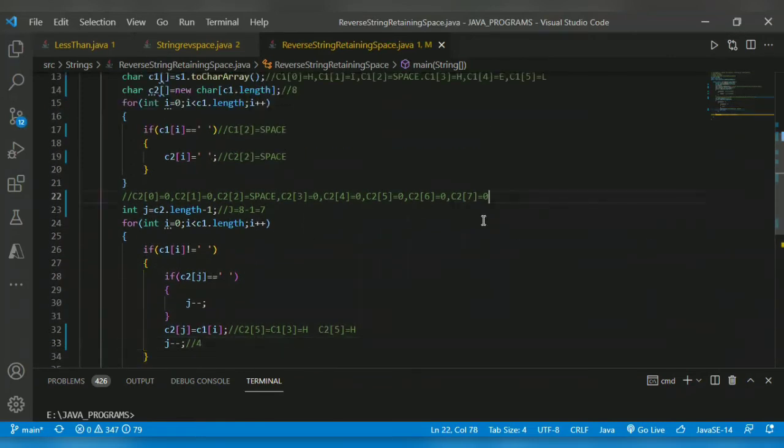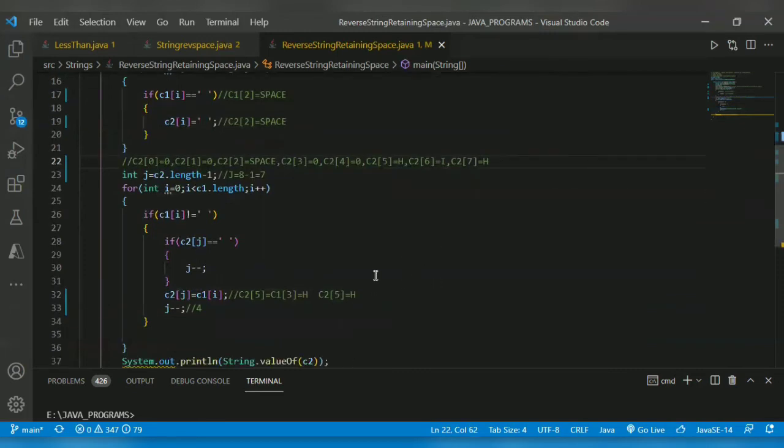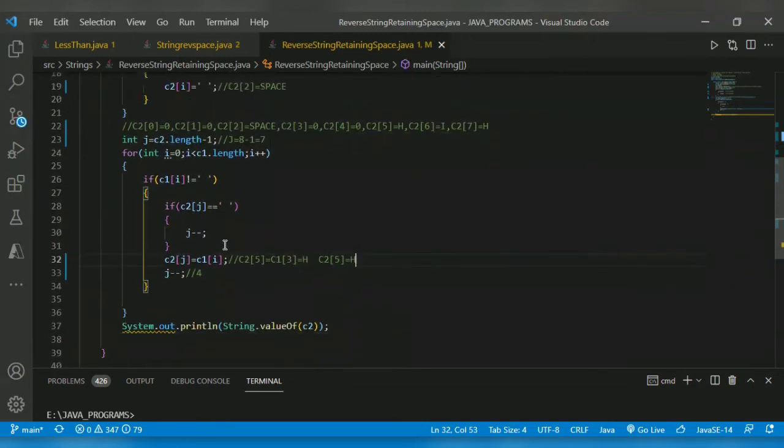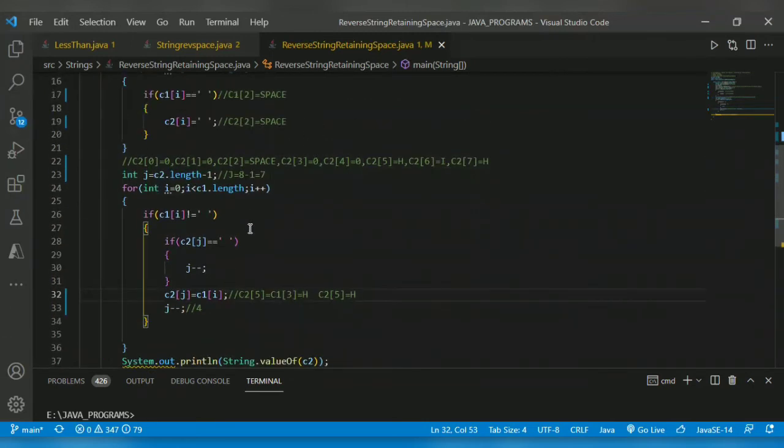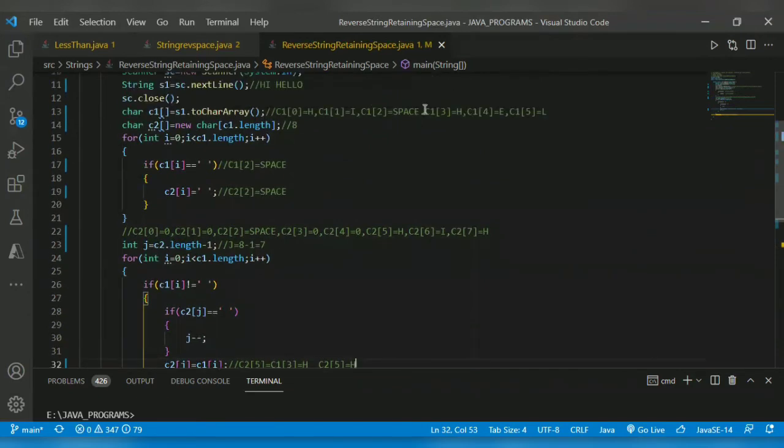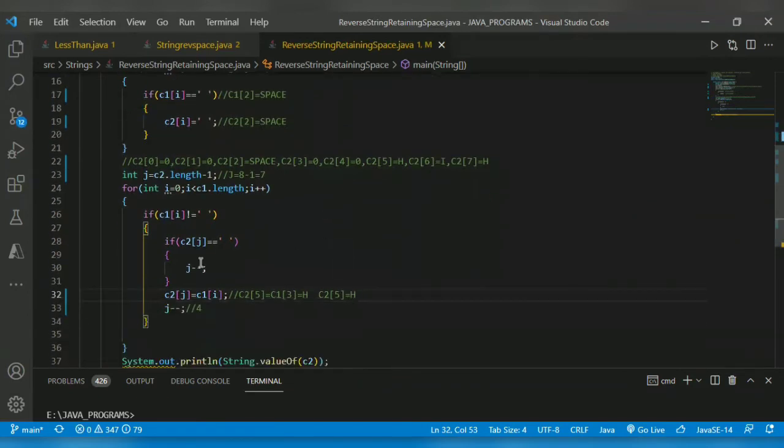So the 0 will become H, c2 of 6 becomes E, sorry, I. Then after that iteration, it will become H. j will decrement to 4. Now i is equal to 4. E is not equal to space. c2 of 4 is not equal to space.